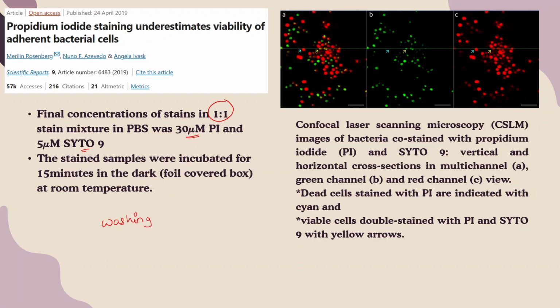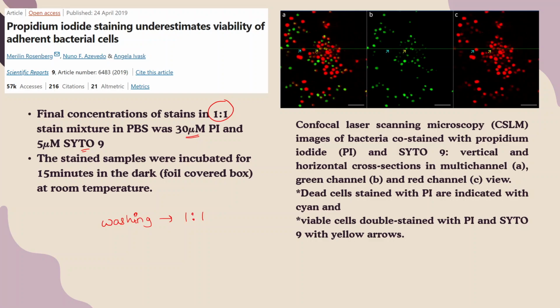Washing is important while observing any staining. If you are going through any staining, you should wash your fungal cells or bacterial cells before the staining process. It generally cleans the debris out of the cells. After washing, we generally treat the cells with a 1:1 stock solution of Cyto9 as well as PI.